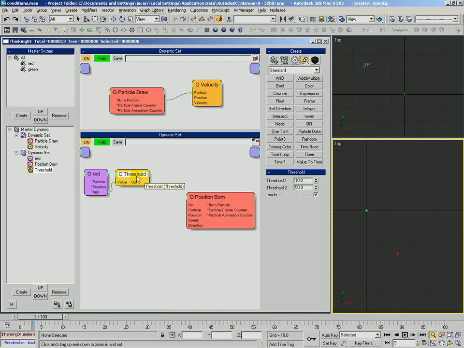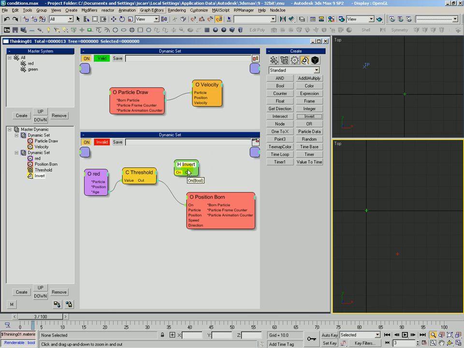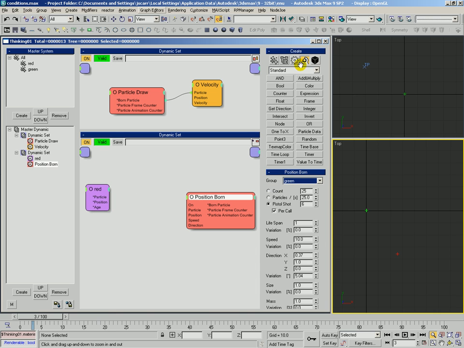Now, of course, we could have done that just by modifying and unchecking this inside. But it's just important to remember that you do have this helper invert available to use. So that's threshold. Let's go ahead and jump into the next condition,